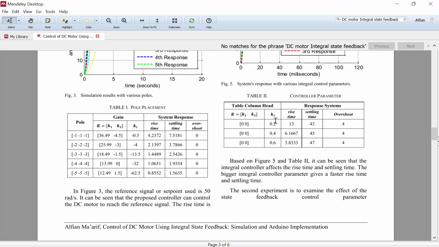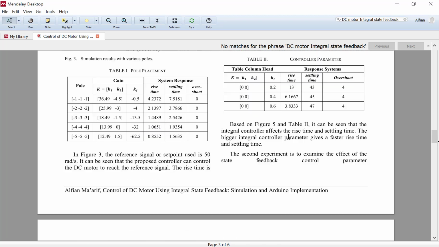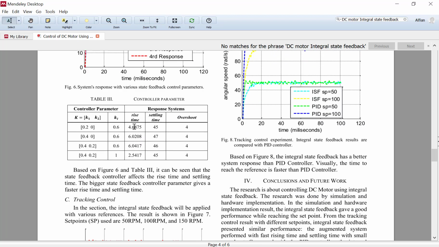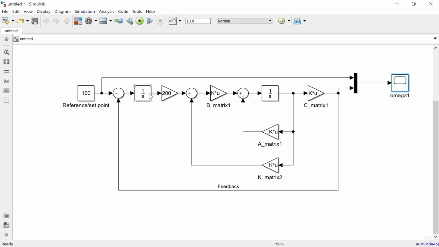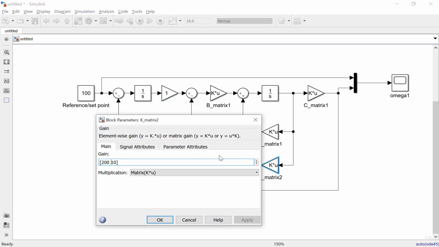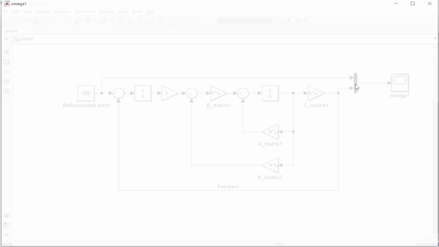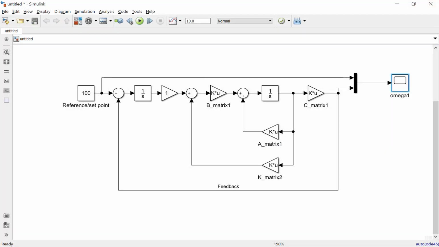So we can see this is the integral value, and also this is the state feedback gain value. The system is very slow.